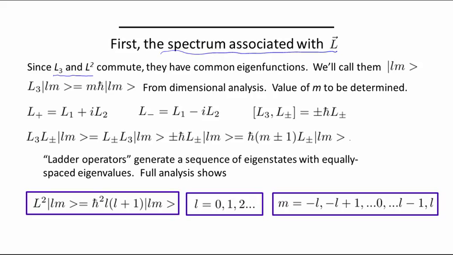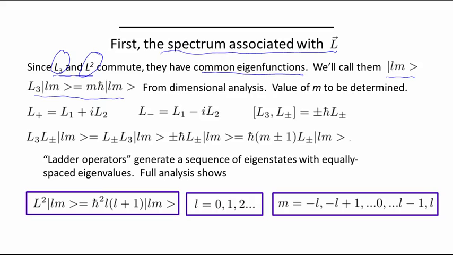We're going to make eigenfunctions of both L squared and of L3, because we can choose to have eigenfunctions that have both those eigenvalues simultaneously. So we'll call these, by convention, Lm, and